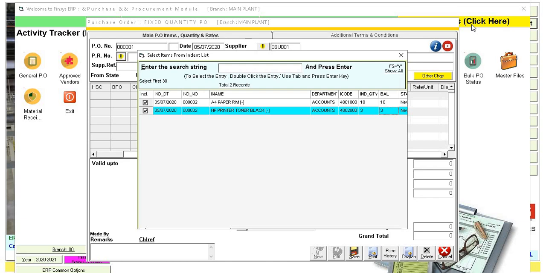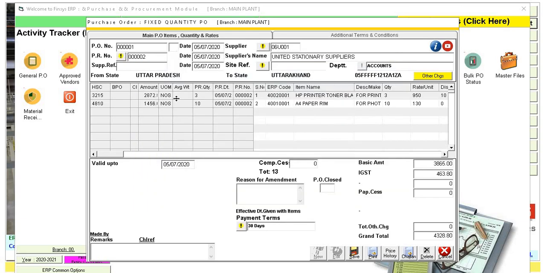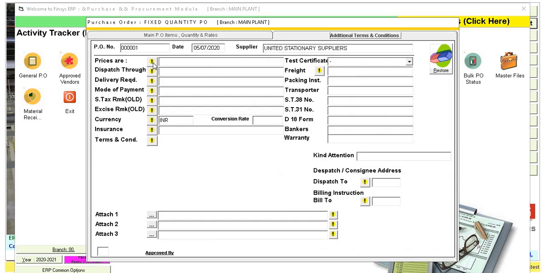You simply press enter here and automatically all the details like HS code, the row amount, the PR quantity, the items on the purchase requisition, the narration for which they were asked for, the quantity, the price as per approved price list and the discount have all been auto-filled and the calculation has been done and it is ready to release. We have to simply put in some terms and conditions of price basis,